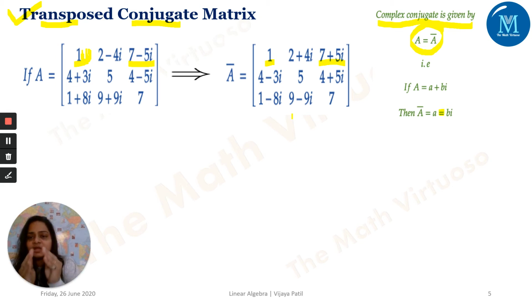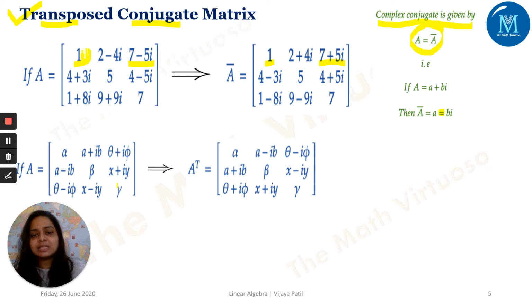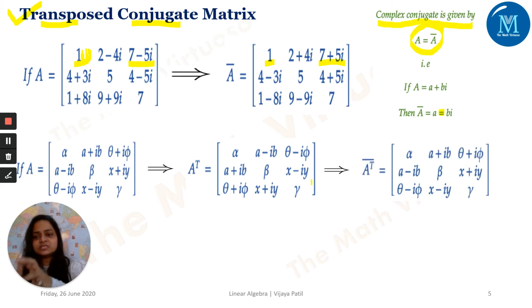So whatever the number of elements in your A matrix, I have to take the conjugate of each and every element of that matrix. Suppose capital A is alpha, a plus ib, theta plus i phi. Particularly, I have taken a very common or general one because I wanted to define it. And then A transpose would be alpha, a minus ib, theta minus i phi. So you can just have this as your notes, that if this is the element, what will be the changes over here. So it's the transpose I have taken. I have shown you the operation of the conjugate, how the conjugate would be taken. Then the transpose is this.